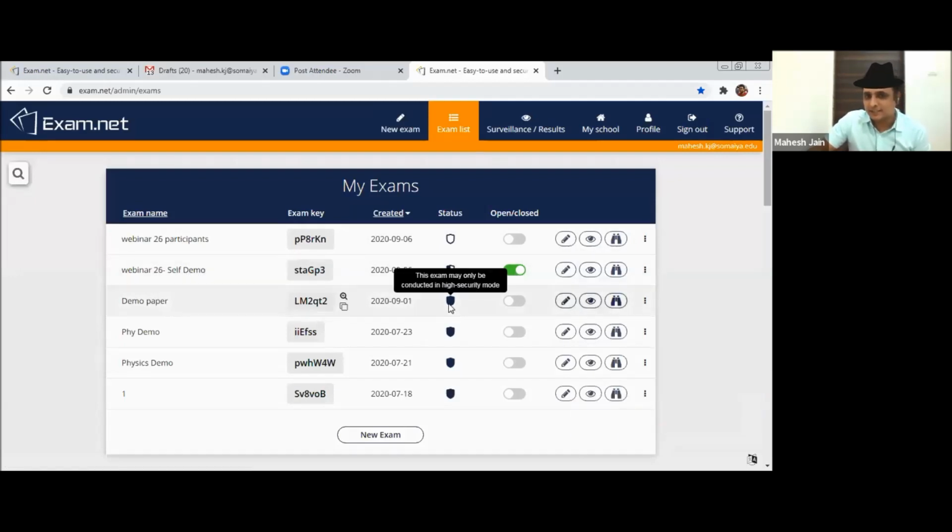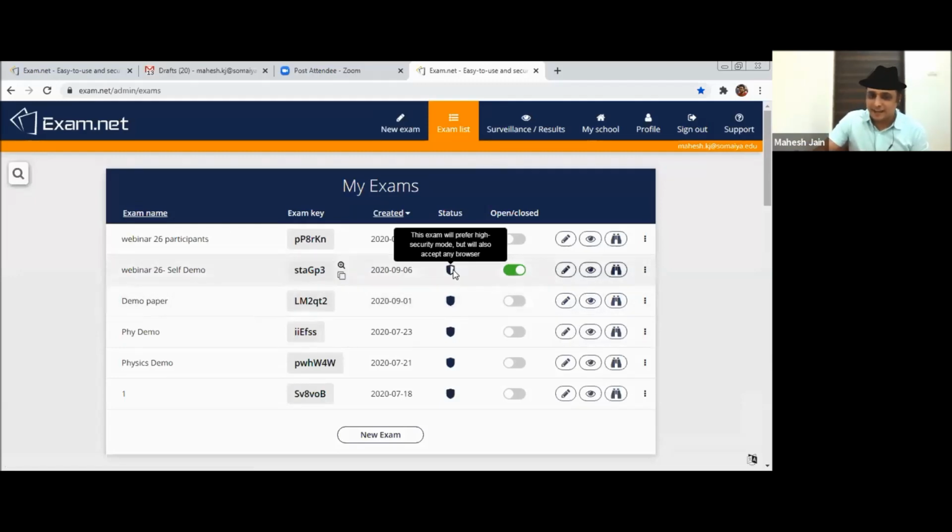You can see here it says exam may only be conducted in high security mode when they have downloaded installed the SEB browser. This you can see when I tried with my own self, it says that here preferred is SEB but if not, you can still take the exam, because in that case that will happen that if they switch the tab, they will have to respond to me that why they switched the tab. And now just now you can see exam can be conducted in any normal web browser on any device, mobile phone also. Okay, so we're going to begin now.